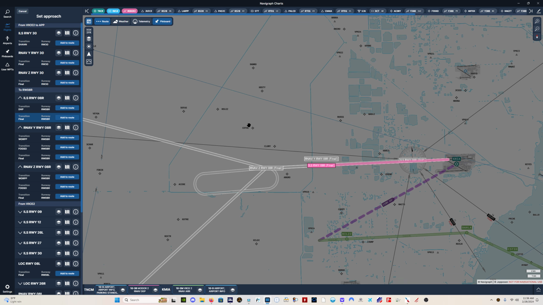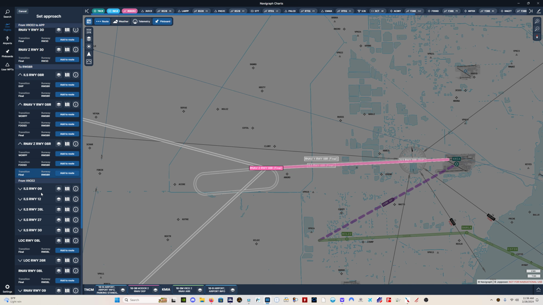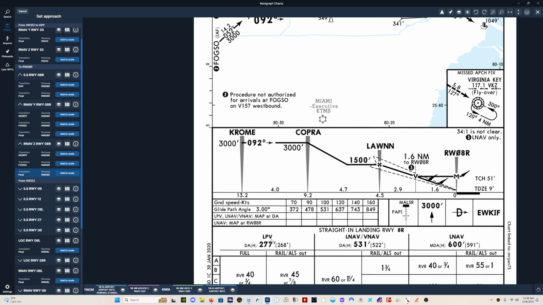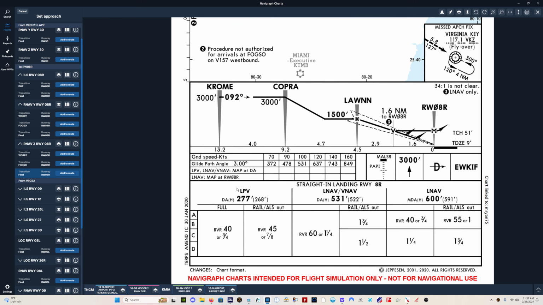Now, I don't really have a preference between any of the three of these right now, simply because if I look at the chart, LPV, which is localizer performance with vertical guidance. Okay, an LPV approach is the gold standard of RNAV approaches. This is basically the RNAV version of an ILS approach. This is the best you can get. So an LPV approach, I'm thrilled with. I'm very happy with an LPV approach anytime. LNAV, VNAV is